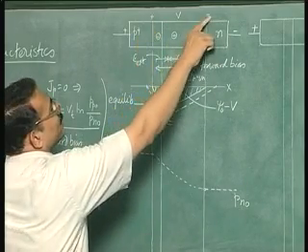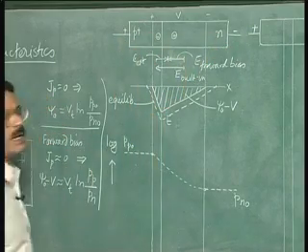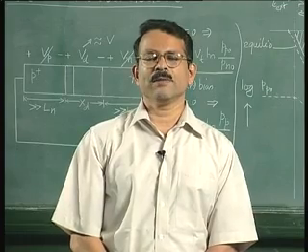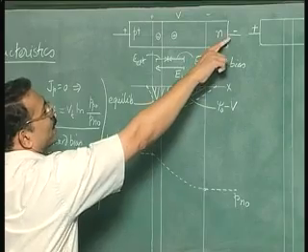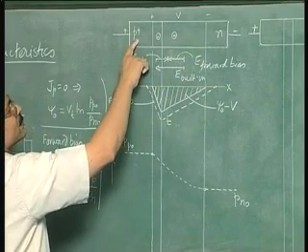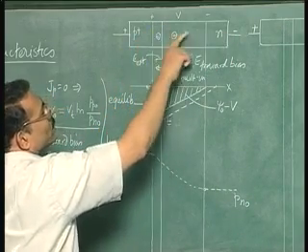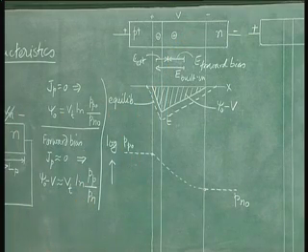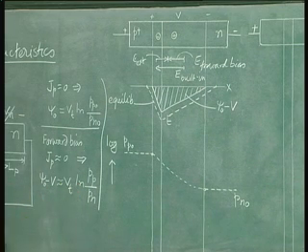Because of this applied forward voltage, this is the polarity of the voltage, as we explained in our simple qualitative analysis, the negative terminal will attract holes. So the negative terminal will attract holes from P region, therefore holes are being injected into N region, therefore concentration of holes in N region increases, that is why the Pn will increase. Now what about Pp? Well, it can be shown that Pp will also increase,